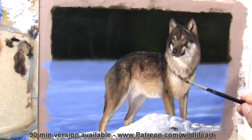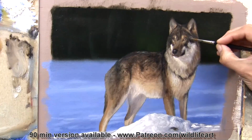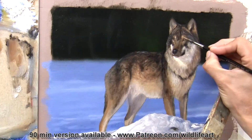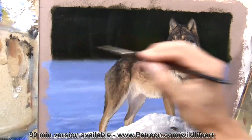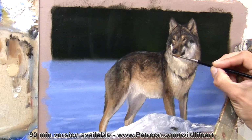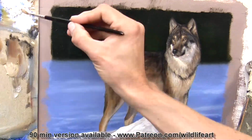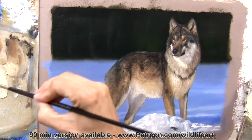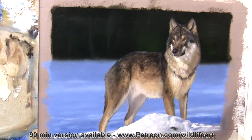So refining the face and the head. Just a suggestion again of some fur texture. So still keeping it very simple, not too much texture, no individual hairs, just little clumps of hairs and groups of hairs. Now refining the colours around the neck more,